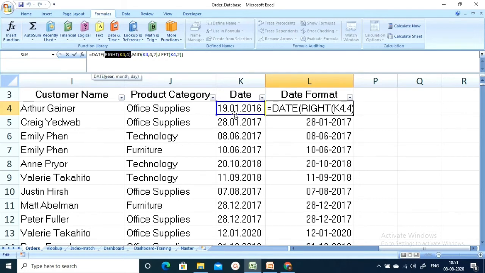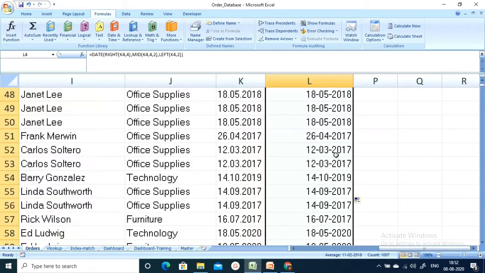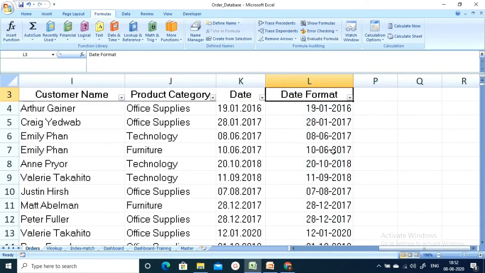Month is in the middle of the string, starting from the 4th character, so I kept the starting number as 4, and then I display only 2 characters. My day is on the left side of the string, so I entered 2 characters. And I can convert all items by dragging the formula down.